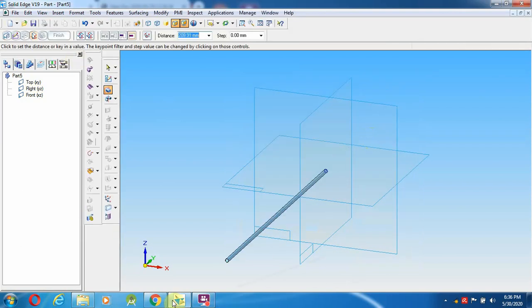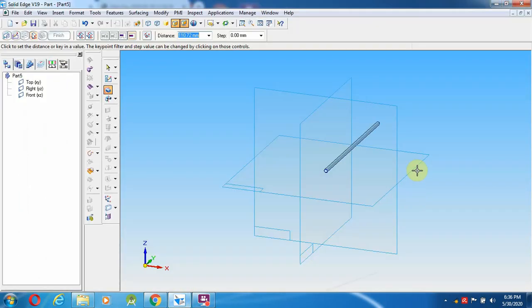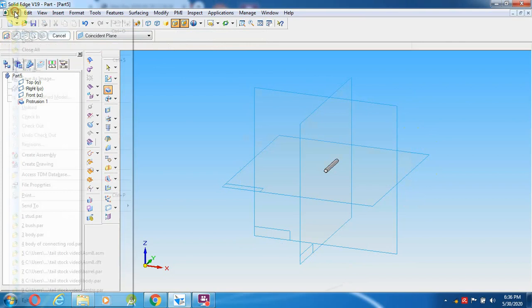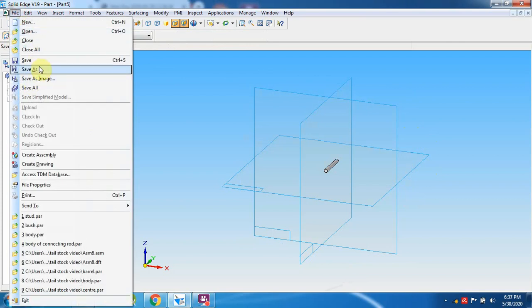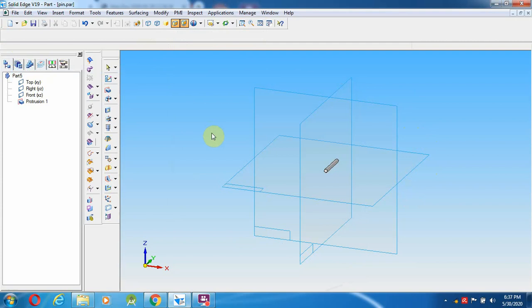Towards how much mm distance? 24 mm, 24, left and right click. So this we are going to save as a pin. After saving this one, we can go for the next component.